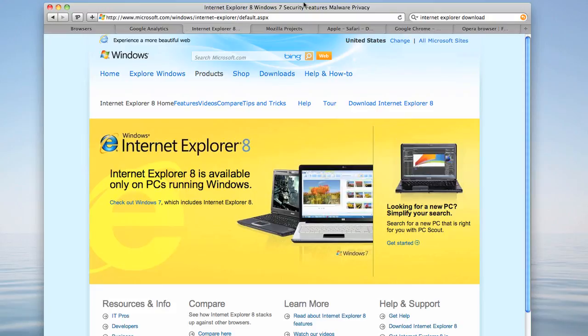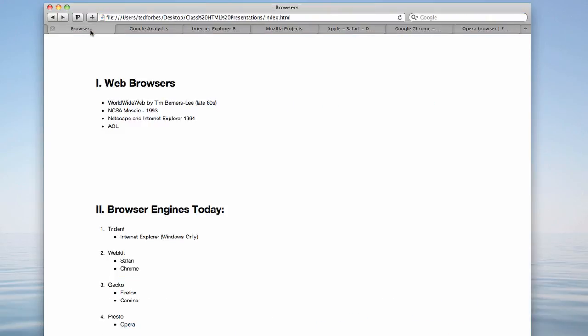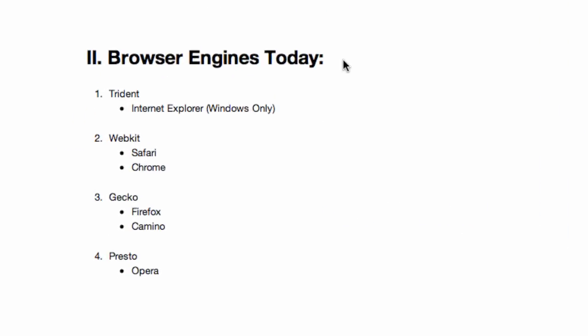But I'll go back to the sheet here, and make sure you have at least one of each of these browser engines. In fact, I would have every browser on your computer that's listed here. If you're on Windows, you can get all of them. If you're on Apple, you can get all of them but Internet Explorer. So that's a brief overview of browsers and why they're important, and we're going to talk a lot in the coming tutorials about, especially when we get into CSS3, certain things are supported, certain things are not, and you need to know which browsers support them and which browsers are having trouble with them, and you need to know what your page is going to look like across the board for your